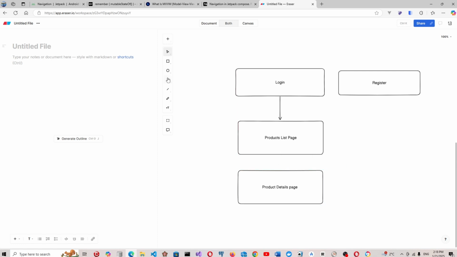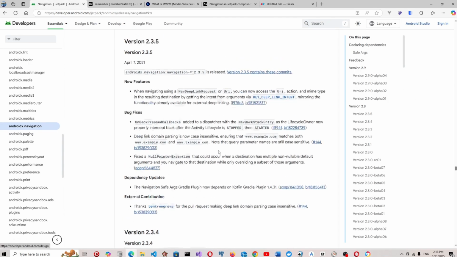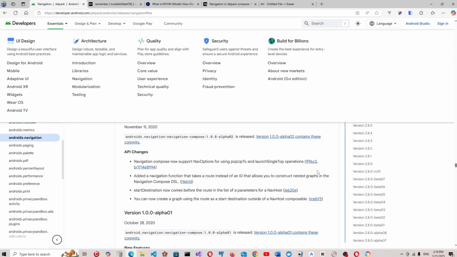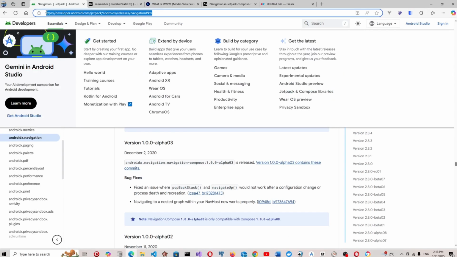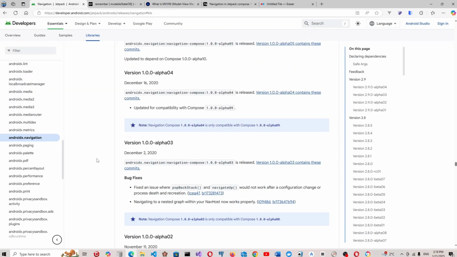User clicks on the product list and it goes to the product detail page. But how can you navigate from one page to another? In that case, we need a navigation. So you can go to this URL and see that